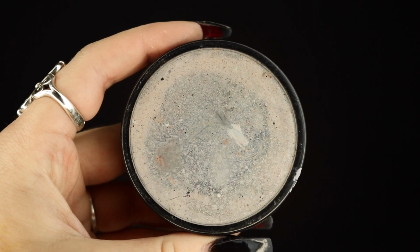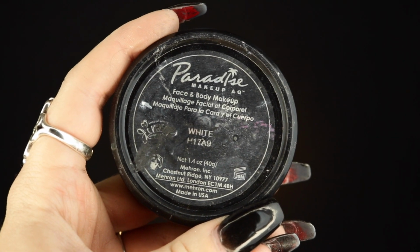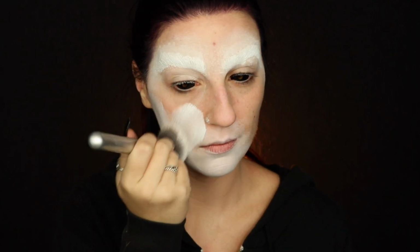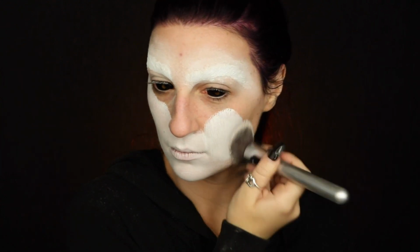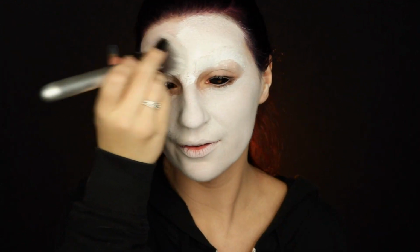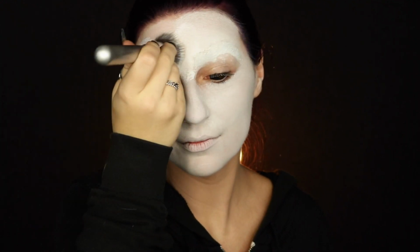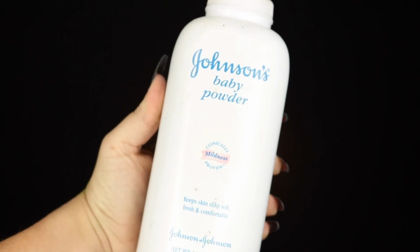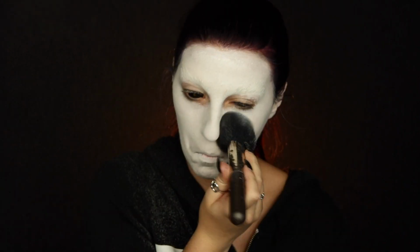For the face, I'm going to be taking my Mare Paradise paint in white and just applying that all over my face with my IT Cosmetics airbrush buffing brush just to make sure that we have as few streaks as possible. I've been finding that using an actual foundation brush like this actually helps alleviate any streaks or cracks, and honestly, it's what I'm used to. It's quite nice. Then we're going to be setting our face with our baby powder once again